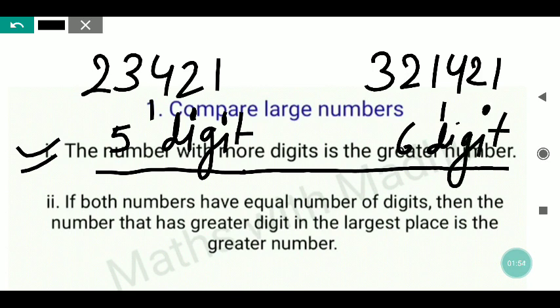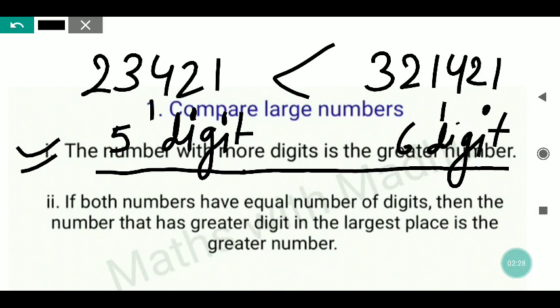So you don't have to see the digits. Now you don't have to go through the place values. Means when we used to do the comparison, we used to go through the place value from the left side to the right side. Yes, but here we don't have to do anything. If this kind of question you are getting, where one side number is more than the other side number, like one side you have a 5-digit number, another side you have a 6-digit number, so the 6-digit number will obviously be greater than the 5-digit number. No comparison we have to do.